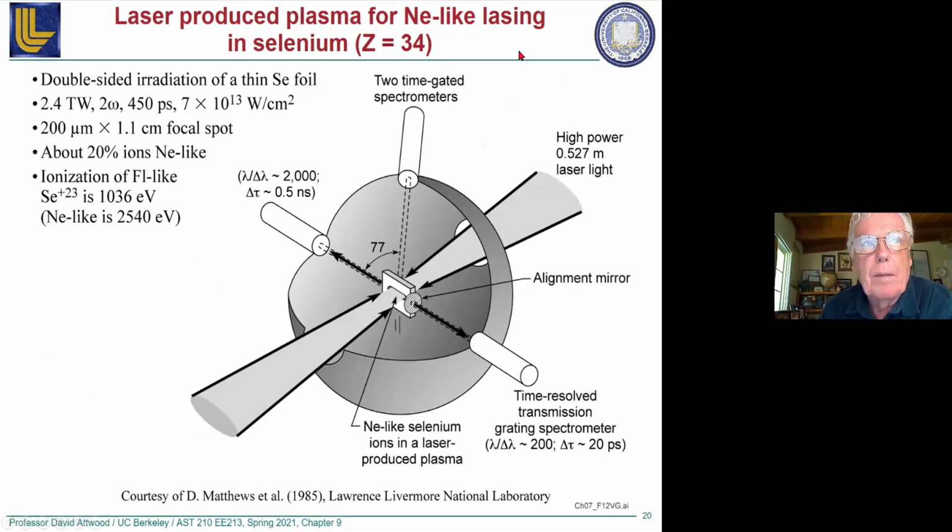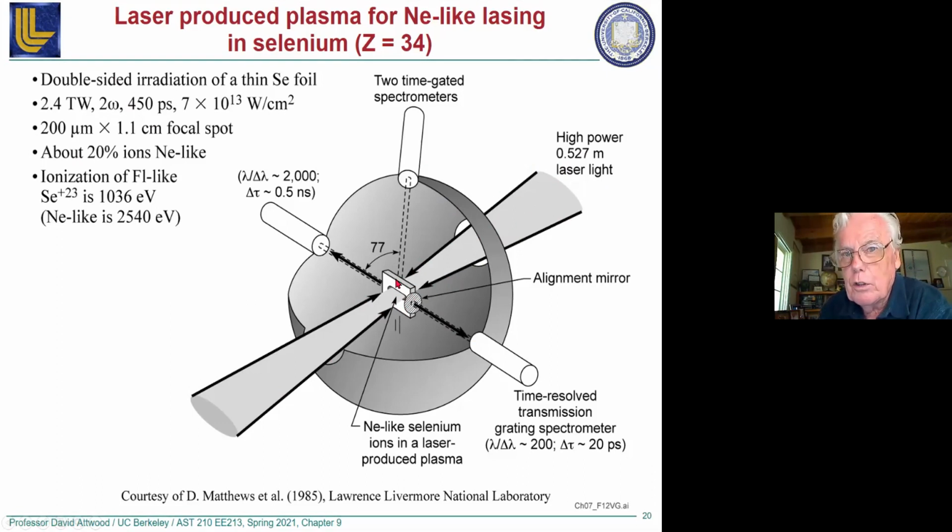Around the same time, the Lawrence Livermore group was using the big laser fusion laser to do what's described here as double-sided illumination. So they're putting in 450 picosecond pulses of 2 omega light, so green light coming in. The neodymium laser has been frequency doubled, split into 2 parts, and both parts are coming in. And there's a very thin foil here, just on one side, of selenium. Okay, and this light is focused with a